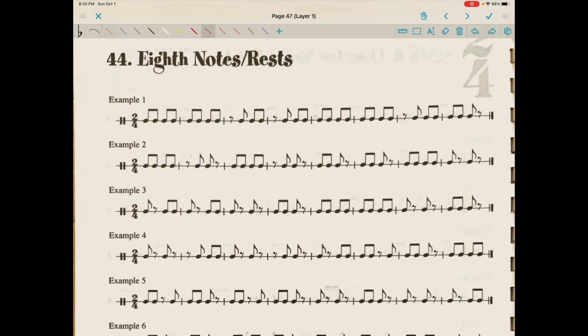Moving on to example 44 in the 2-4 section of the book. This entire example is comprised only of eighth notes and eighth rests. So I'm going to quickly go through and mark all the do beats. I'm just going to show you the finished product, and you can pause the screen and make sure it all makes sense to you. Now, in any tricky looking measure, I'm going to draw in the eighth notes. Now I'm going to draw the do days in those tricky measures.